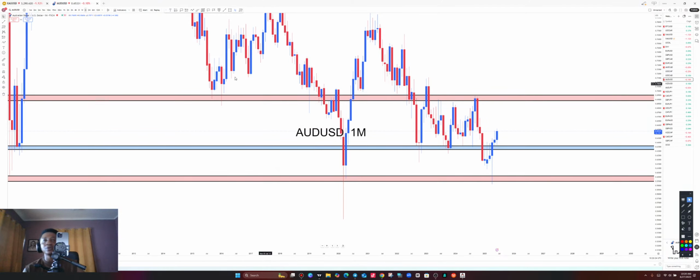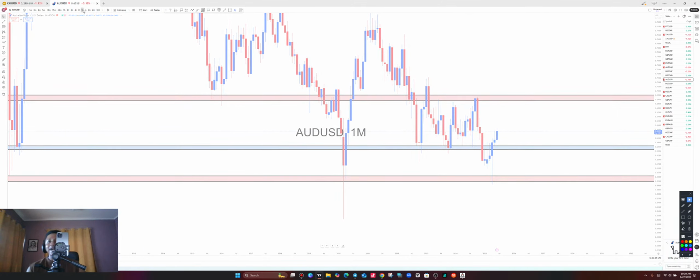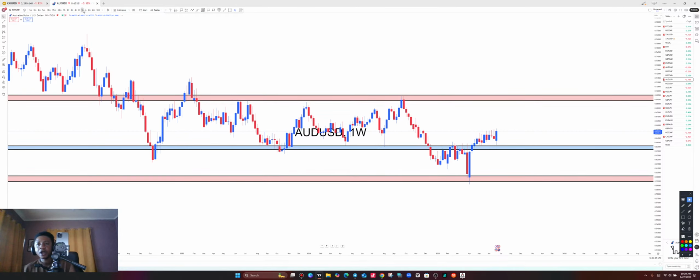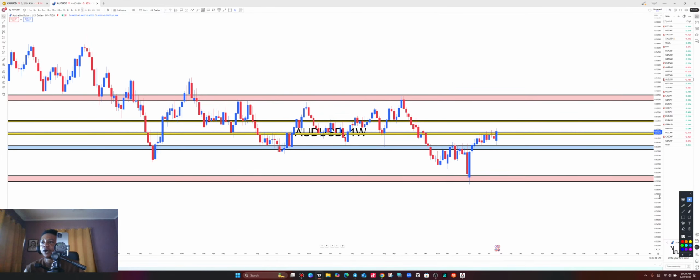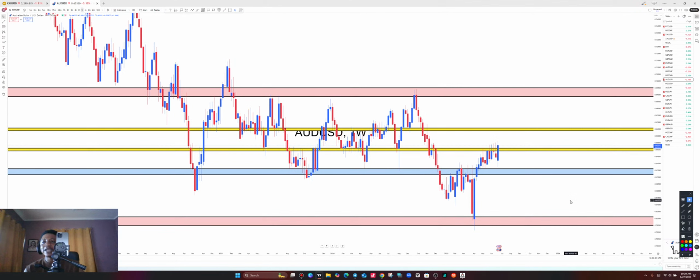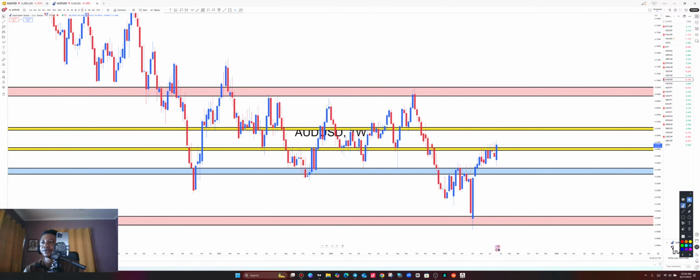All right, let's take it again to weekly to add more meaning. So this is the weekly time frame of AUD USD. On the weekly time frame, we have the weekly upper zone and then the weekly lower zone. Price is in an uptrend on the weekly time frame. This pushed to the upside with a higher high, higher low. What happens next? There should be another higher high, possibly another higher low before price goes all the way to